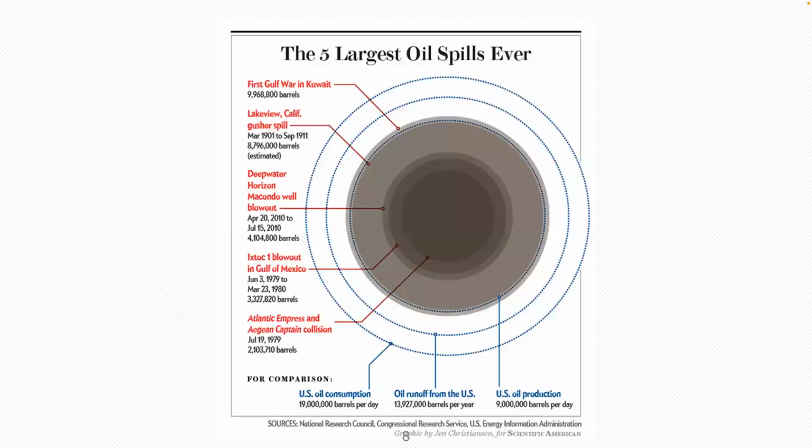There's been a number of fairly big ones, right? And so you can see the relative size of some of these spills. It's pretty interesting. If you look at the magnitude of this chart, one thing that always struck me,